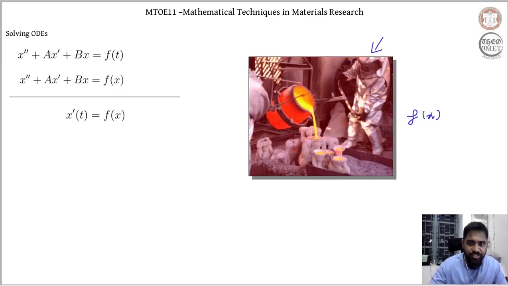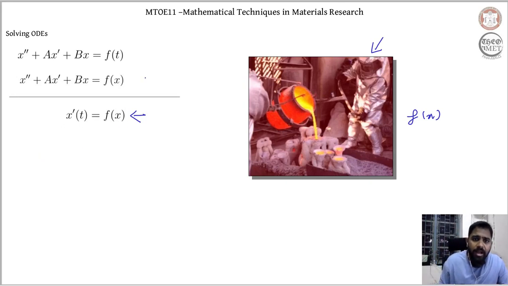And such a condition is now expressed as an ODE in this form here. Now the momentum is mass times velocity. For the simplicity of our discussion, we have assumed that the mass is unit. So ultimately our velocity is expressed as the first derivative of the position, and this momentum depends on a specific trend in the position of the atom, and that is expressed as f of x. The entire physical setup is now described in this form here.